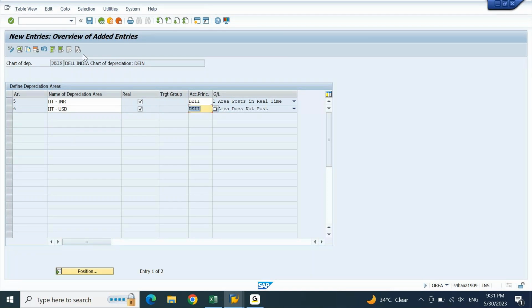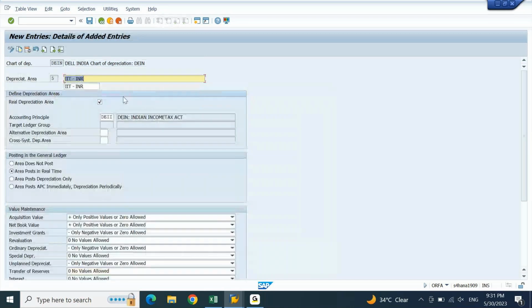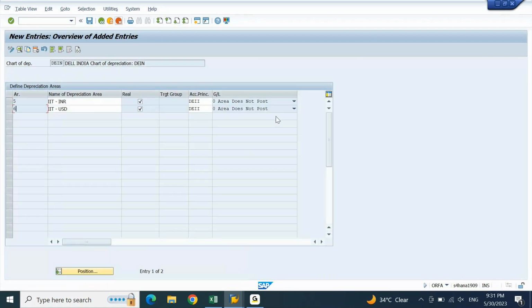Now I'll go back. Now both are not relevant for posting. I'll double click on area number 5. This area does not post. Area number 6 also does not post. Go back. Now is this correct? Indian income tax is not posting anywhere. Correct?